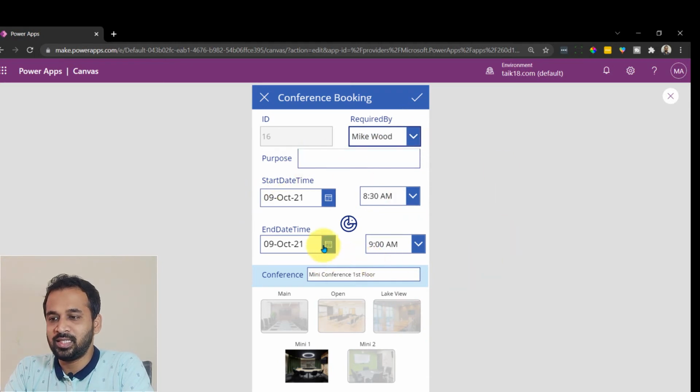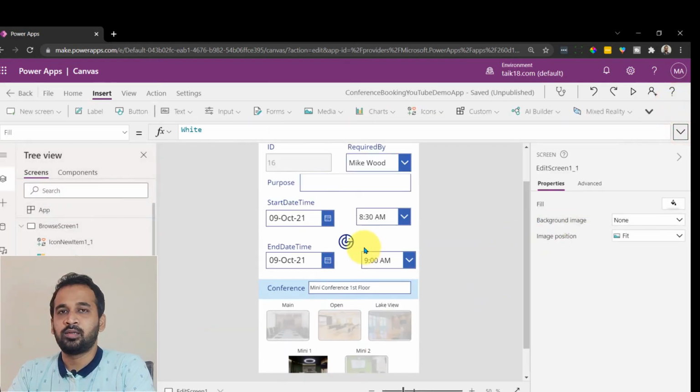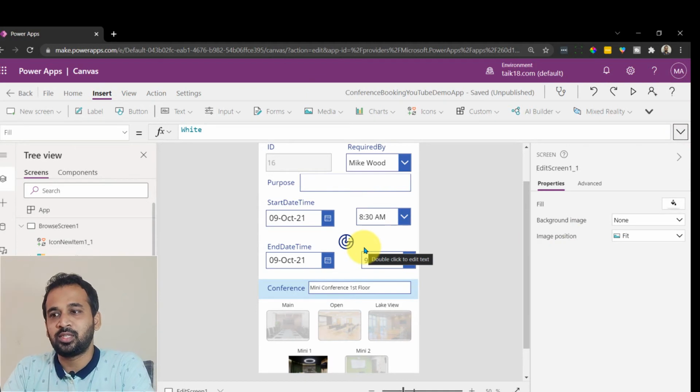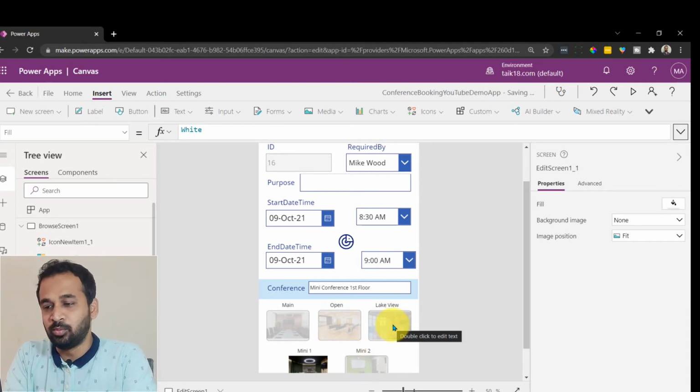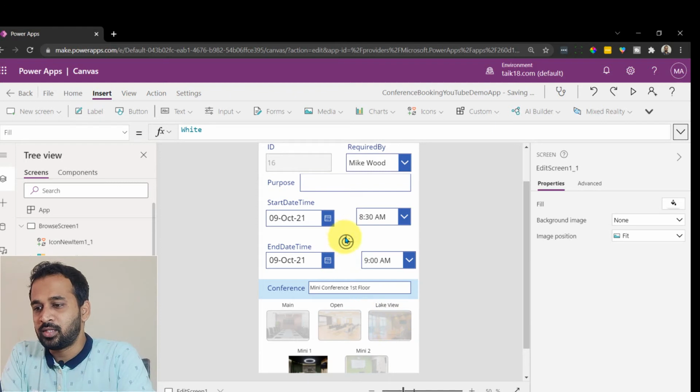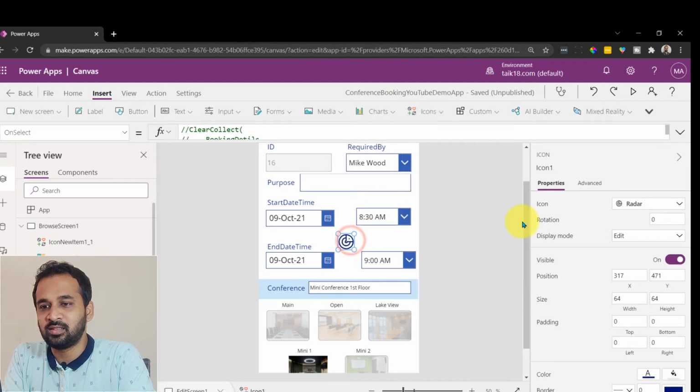The additional thing I did here is this one, so I will tell you that. Basically, as I said before, we need to show the users that during the time they have selected, the start time of this one, if there is already a meeting scheduled over there, then it has to be highlighted as a disabled one. The user can't select that booking room again, right? So what I did here is I just added an icon here, and then I added a radius icon here.